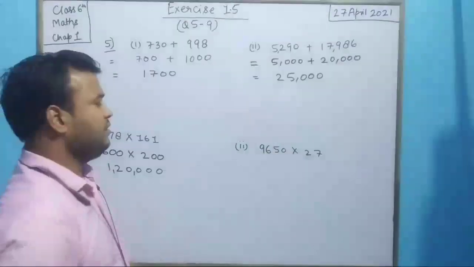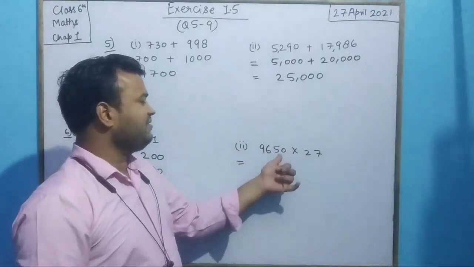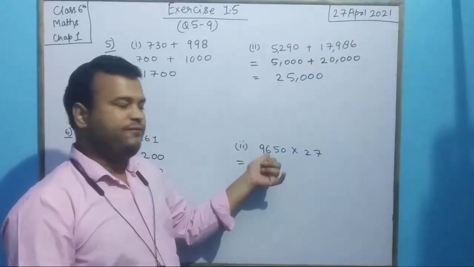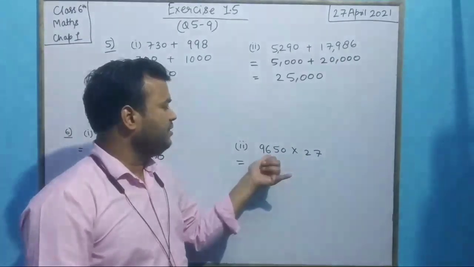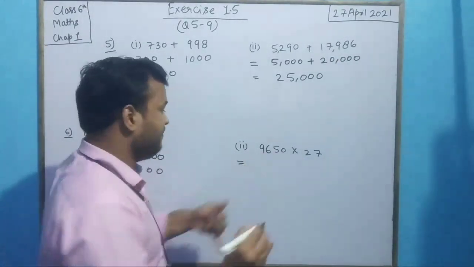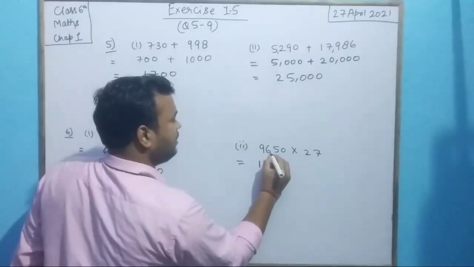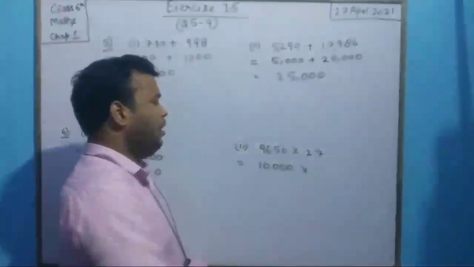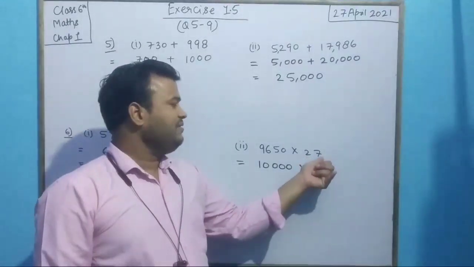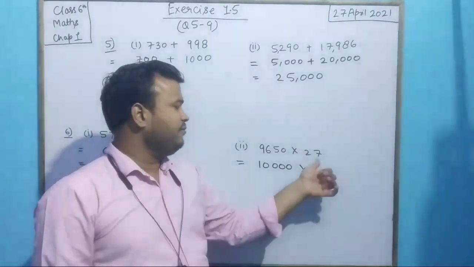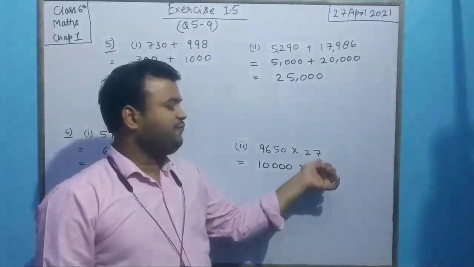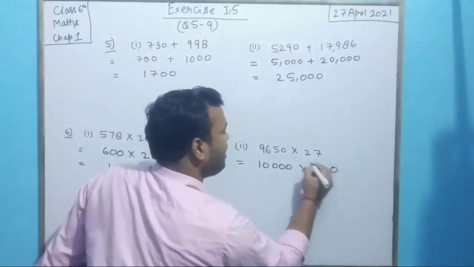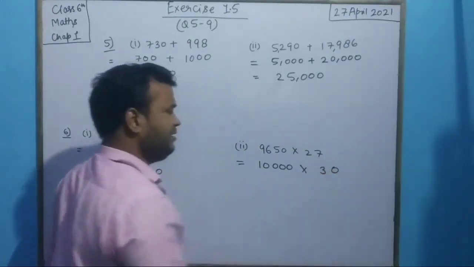Now let us see the other one. How many maximum places? Ones, tens, hundreds, thousands. We have to see the hundreds place. It is greater than 5. So all the places will be 0 and this 9 is increased by one, that is 10 increased by 1 and the rest are 0. This is 10,000. Again, how many places are there? Ones, tens. So just see the ones place. It is 7, greater than 5. So it will be transformed to 0 and this is increased by 1, that is 30.